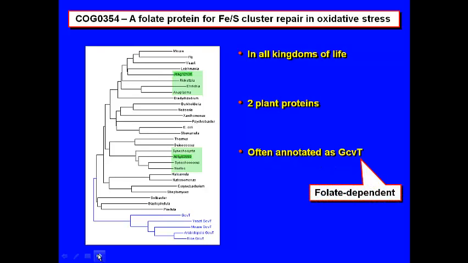Even though in the genomes in which it's annotated as GCVT, there's a much better candidate, which is a better homologue to the known GCVTs, which is usually clustered with other genes of the complex. So a little bit of context information tells you right away, actually, that this is probably not, but so does this phylogeny. And these one-dimensional databases like NCBI are blind to the fact that it doesn't fit.